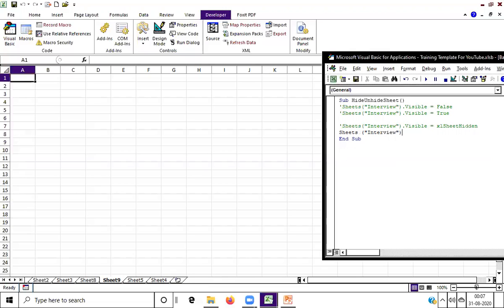Then you have to write here dot Visible equal to xlSheetVisible. Then run this code. You can see your sheet is visible now.